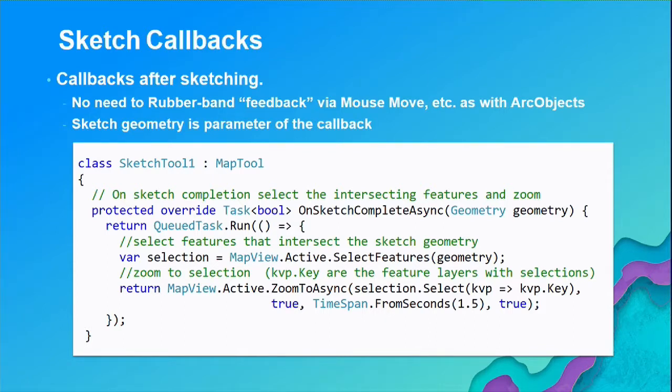The select feature method runs on the main CIM thread, so it has to run within the context of your queued task lambda. That's what you see over here. So now I call the map view's zoom to async method to zoom to my collection. We will see more of this in the demo,